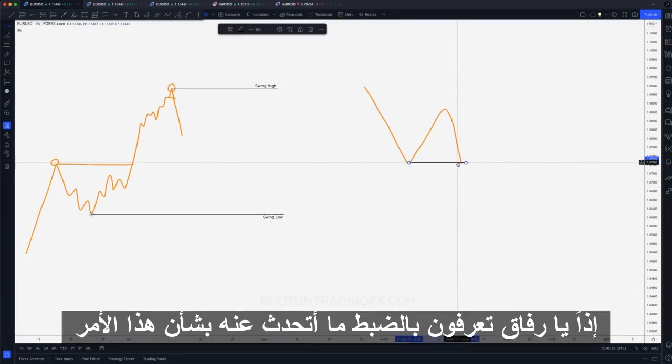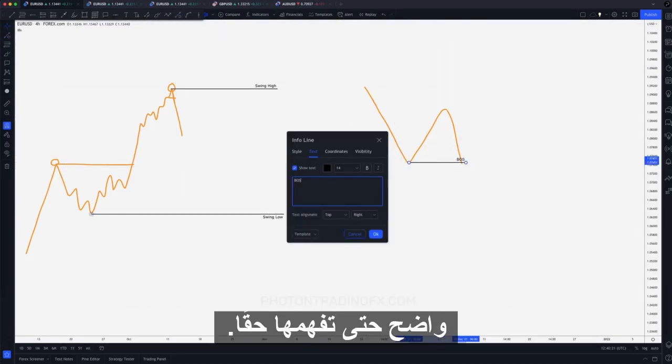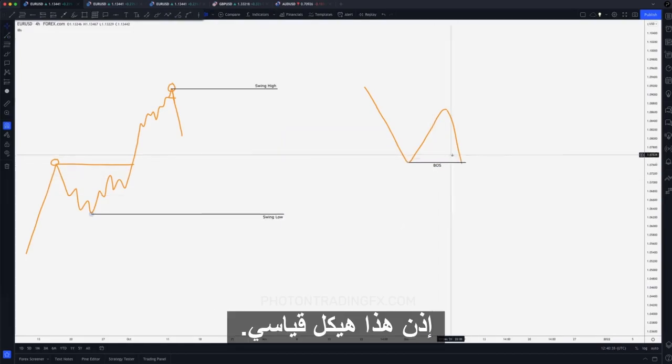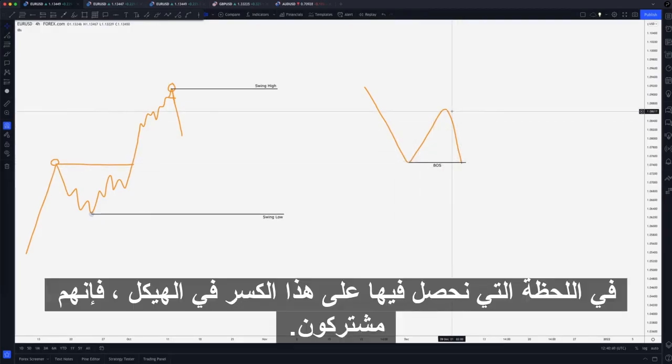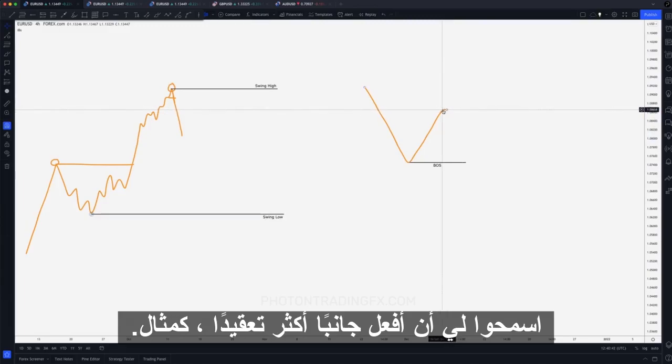Let me use lines so you guys know exactly what I'm talking about. I want to make this so clear so you really, really understand it. Cool. So that's our break of structure, right? So this was our swing low. The moment we get that break of structure, let me do a slightly more complex example so I can really